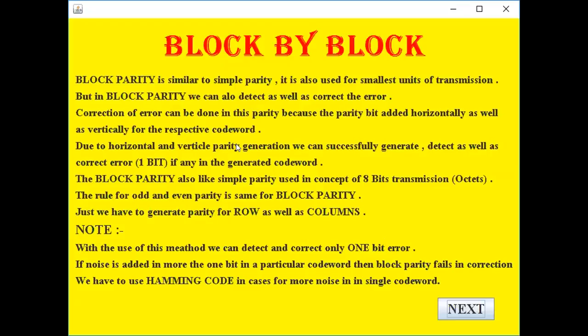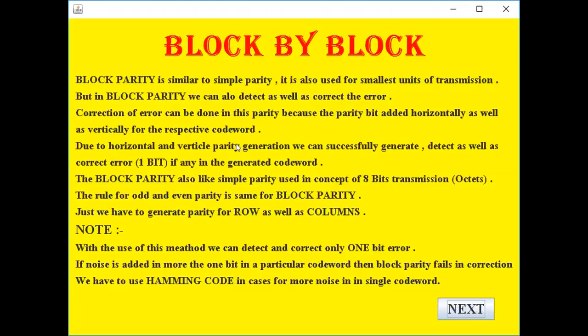If there is any 1 bit error in the transmitted code, it can be corrected by using block parity, which was not done earlier with simple parity. If you've seen my earlier video, it was of simple parity. That was its limitation, that it cannot correct the errors on its own, but in the case of block parity we can do it.